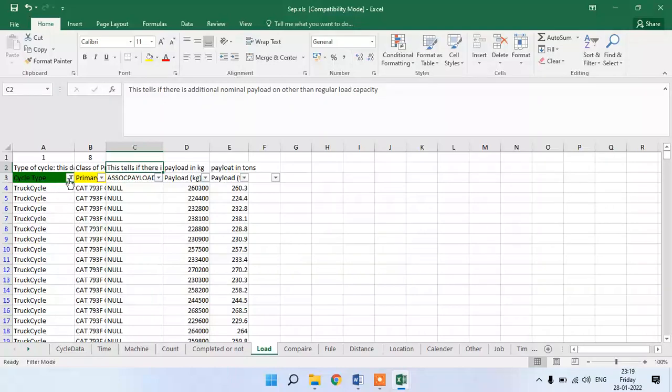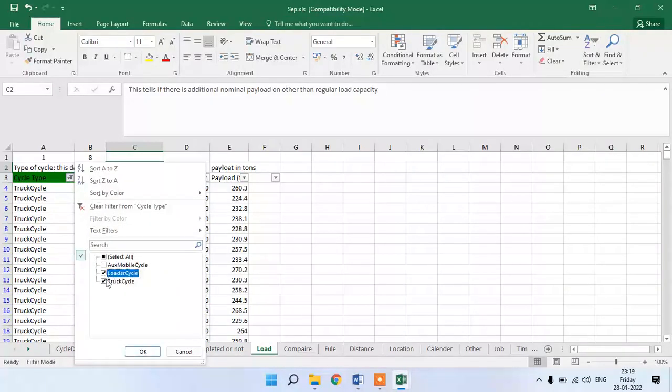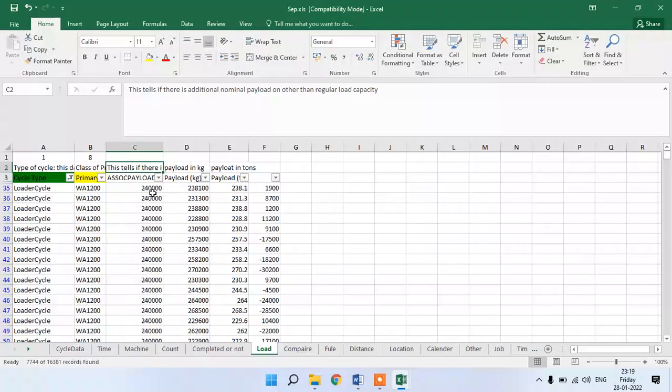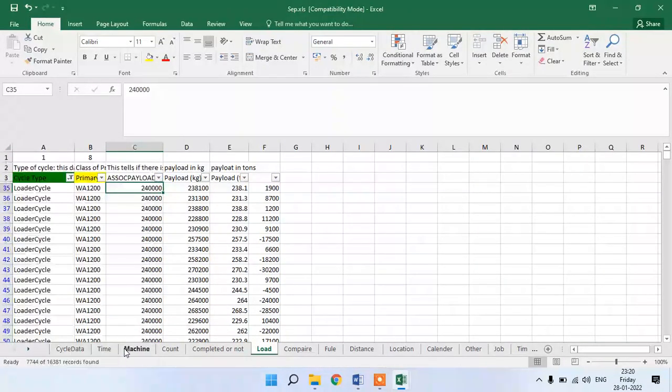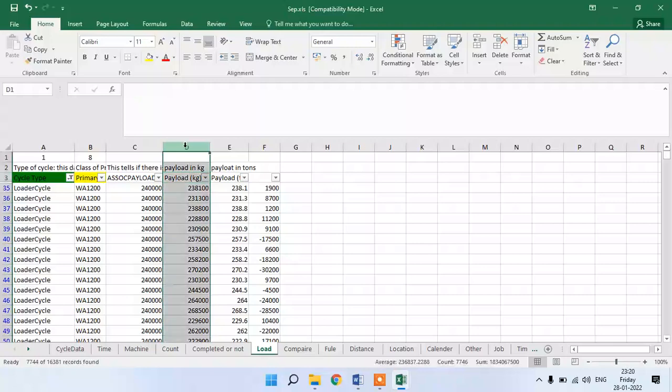For truck cycle there is no nominal load. For loader cycle only, the nominal load will come. All the values are given as 24 or zeros. It's one and the same, either 0 or 24. So this also we can ignore. Only payload in kg we can consider.